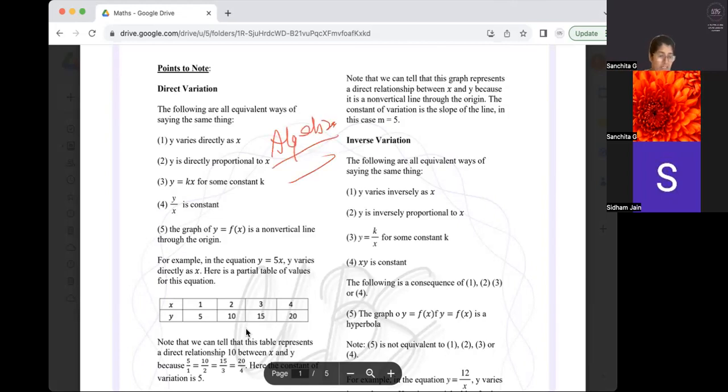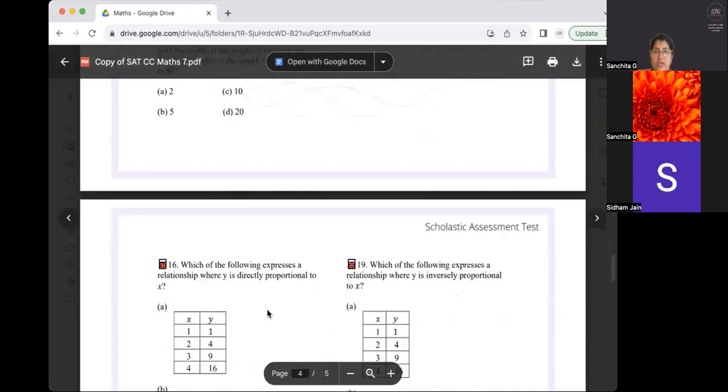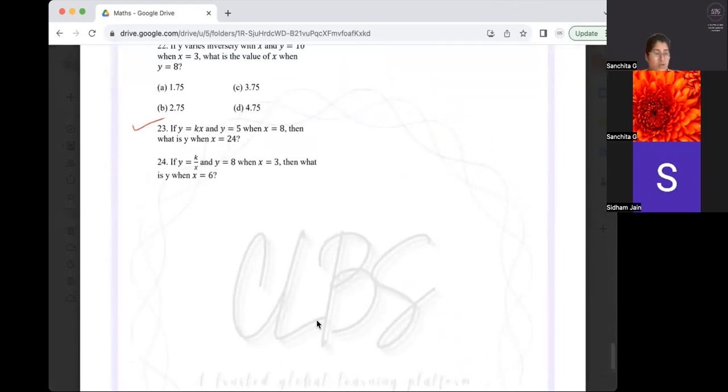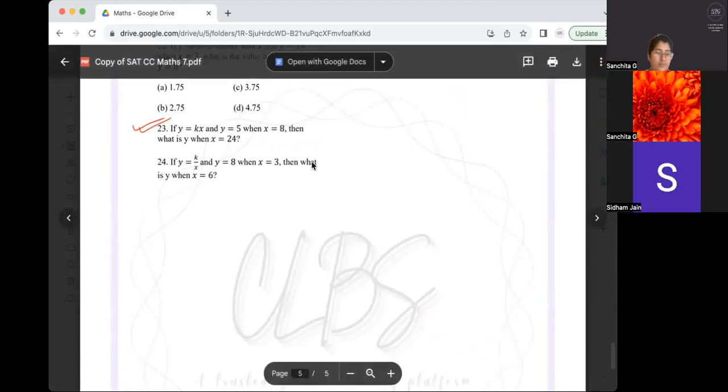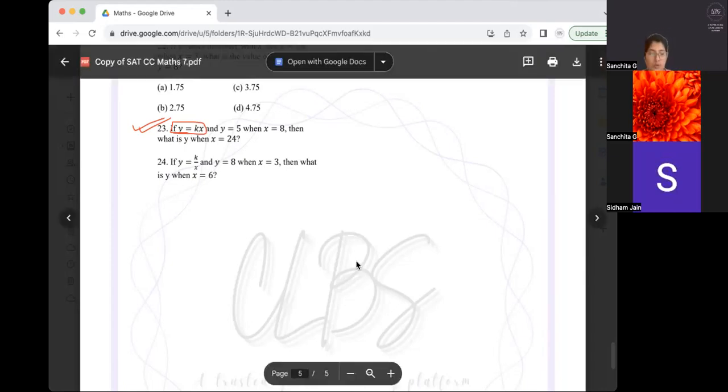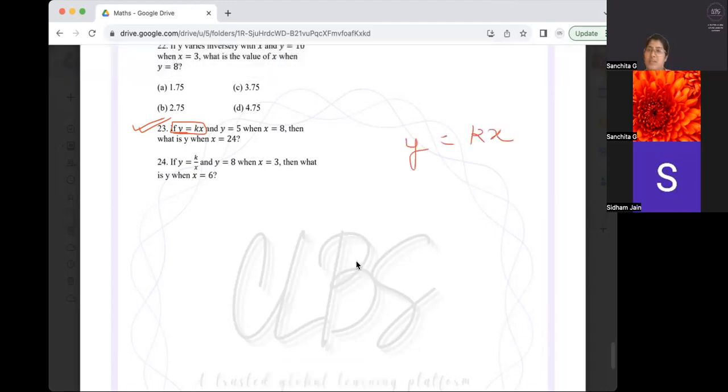Basic algebra, right? I'll show you what type of question. See question 23. I have my relationship established already. Y is equal to kx, right? So the moment you see y is equal to kx, they will put it in the question, or